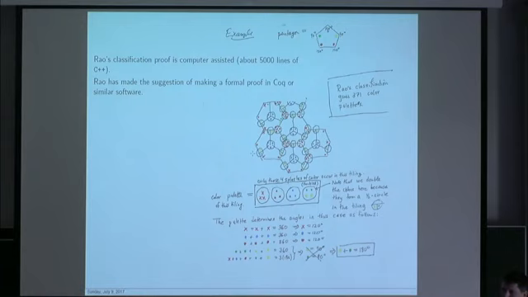And if you look at the slides that he gives, he suggests that it might be a good idea of making a formal proof of this result in Coq or similar software. So he's reaching out to this group, and I suggest this is a nice problem. I think a lot of the structures developed by Gontier for the four-color theorem, such as hypermaps, should be just exactly what you need to carry this out formally.